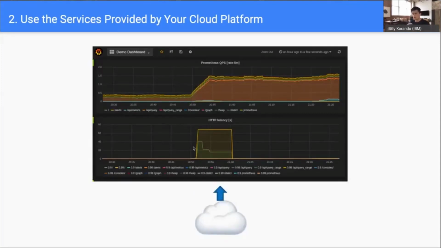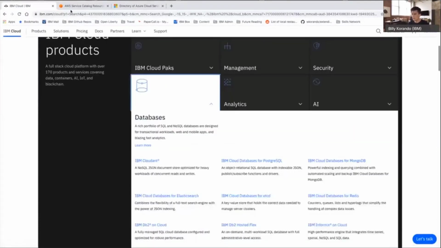And I remember I was doing part of a microservices transition, and getting good monitoring systems and good logging systems set up can actually take quite a bit of time. It might sound easy, it might sound commonly done, and to some degree it is, but it can still be very time consuming. It can take a lot of developer hours. And optimization isn't always just about the system itself, it's also about the organization and how we can use our developer hours efficiently. So all the cloud providers, whether it's IBM Cloud, AWS,